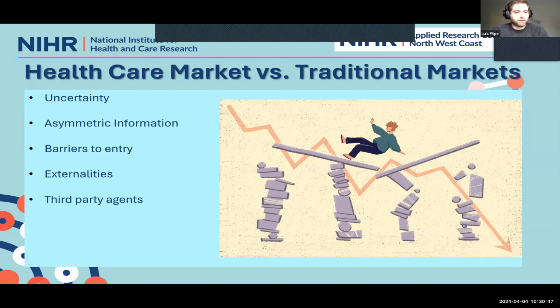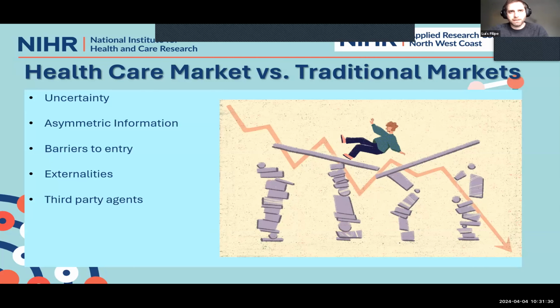Finally, the last example that I have for you is the presence of third-party agents. When you go to a supermarket, you buy your ice cream, the supermarket is selling you your ice cream, you pay, you get the ice cream, you go home. In the healthcare market, it's not exactly like that. You go to the hospital, let's say, you meet with a physician, you pay. If it is a private hospital, for instance, you pay, you get the treatment. But usually there's an insurance company, like in the case of the US, where you have mostly private hospitals, but then there's also the insurance company.